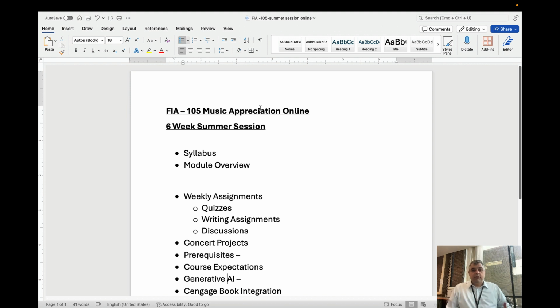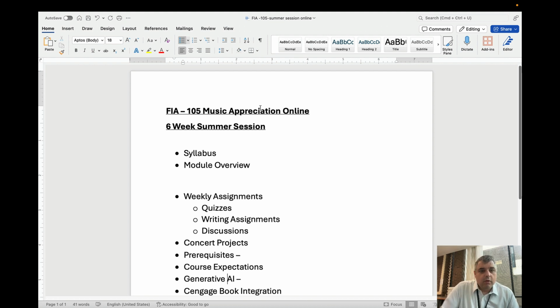Now, I wanted to go over the course, so we're going to talk about the course expectations and show you guys what is going to be expected and go over the actual module and how I constructed the module. That way, it's going to make it easy for everyone to navigate it, to do the discussions and the assignments. And if there's anything that I didn't cover or it's unclear, please shoot me an email.